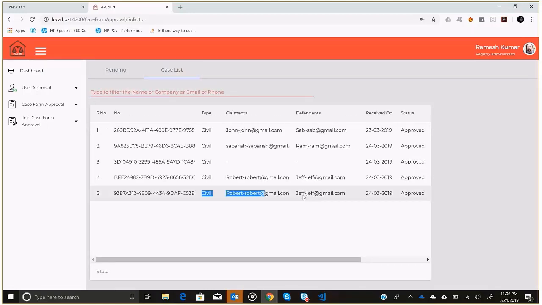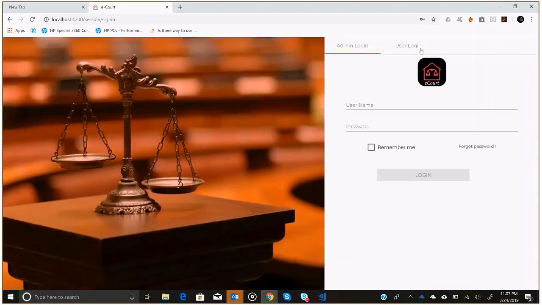The status of the document is completely approved, and as you can see in the list of all the approvals, this particular case number has been approved. It's a civil case, and the claimant and the defendant information are all filed in the system. Once we approved it,